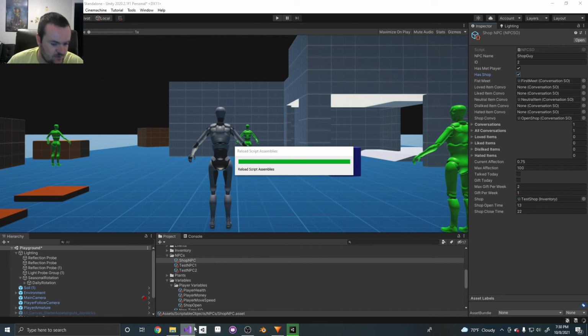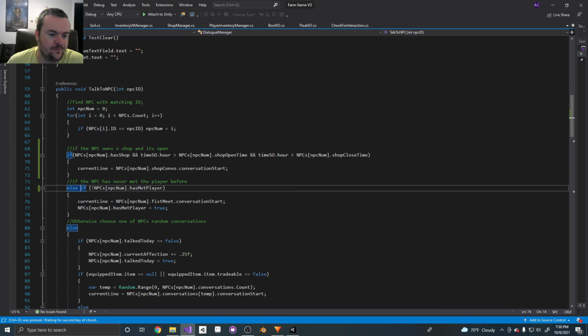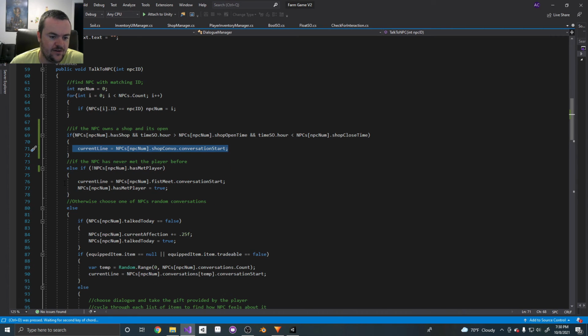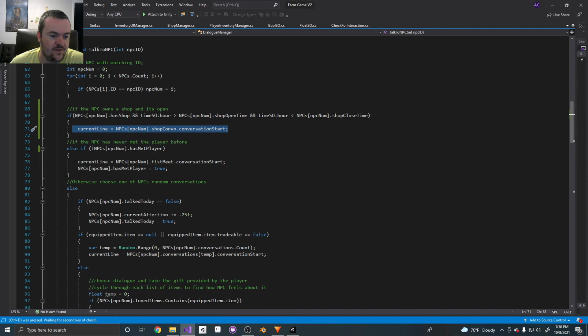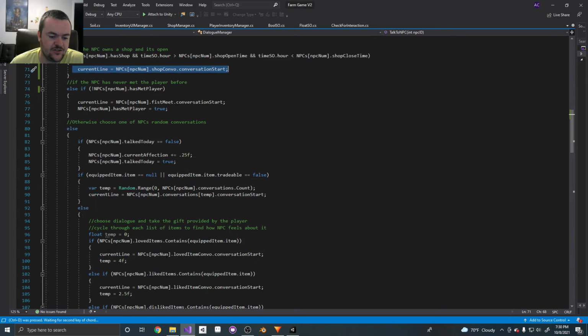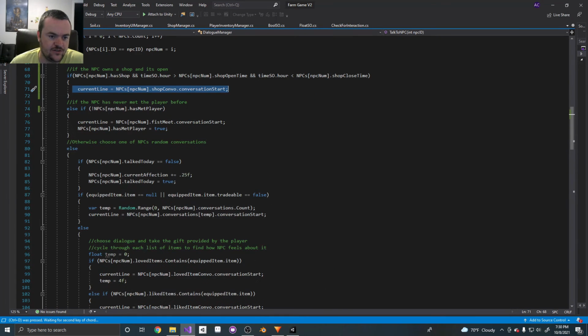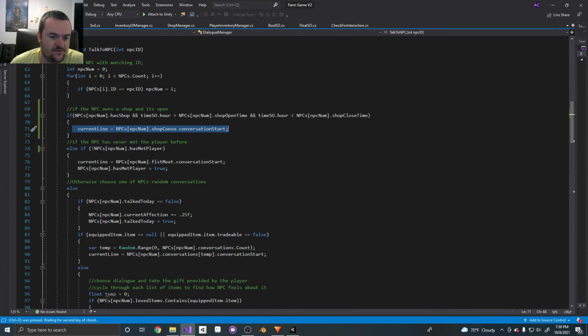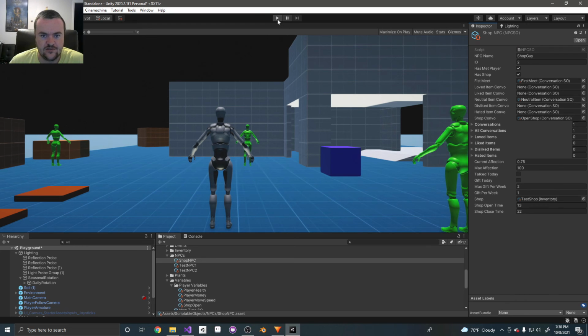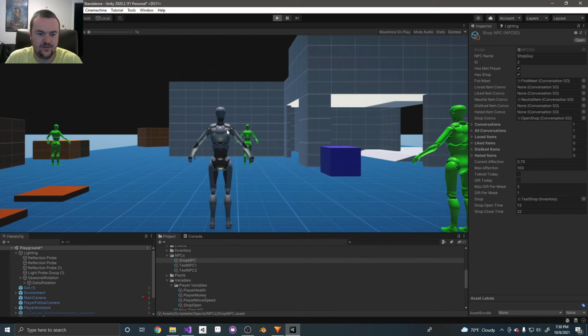So let's just go back there so I can just show you real quick what I did here. So it checks if he has a shop, then it changes the current line to the shop as long as the shop should be open. Then it checks if he's met the player. If not, it plays the first line. Changes it to has met. And then else, if he hadn't met the player, then it just chooses his regular conversation. But I didn't have met player as an else if, so after it went here and determined yes, open the shop, it went here and chose different conversation. So now that should help